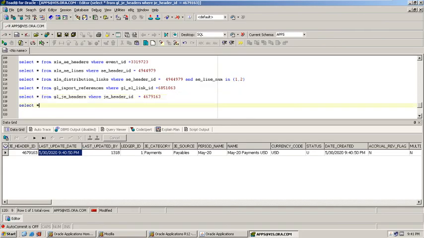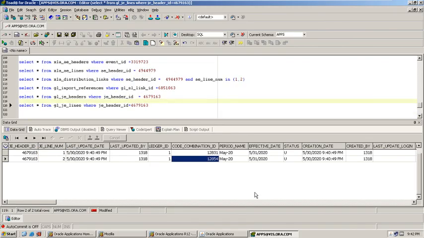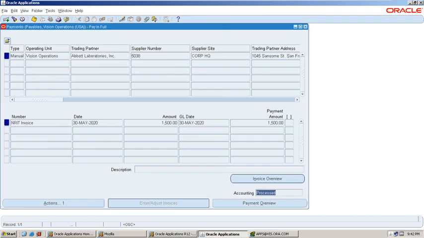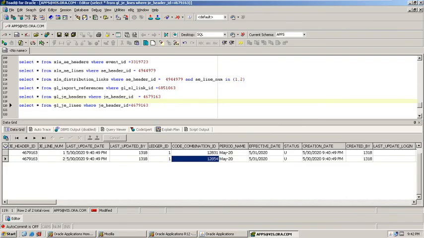GL_JE_LINES, where JE_HEADER_ID equals this one. This is the complete end-to-end flow from the inventory to the general ledger module, and also we will verify the journal details.